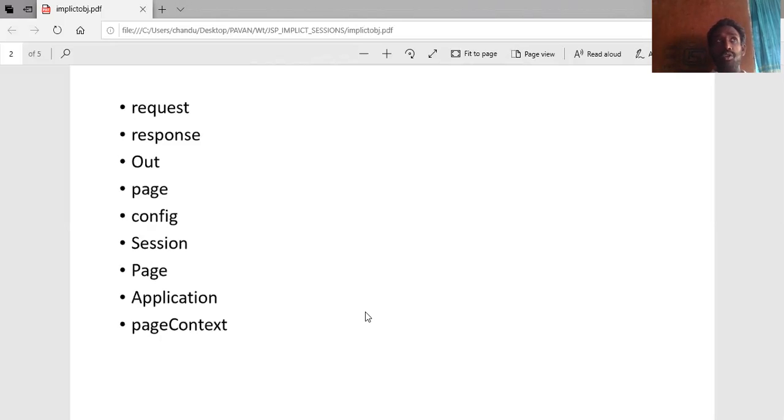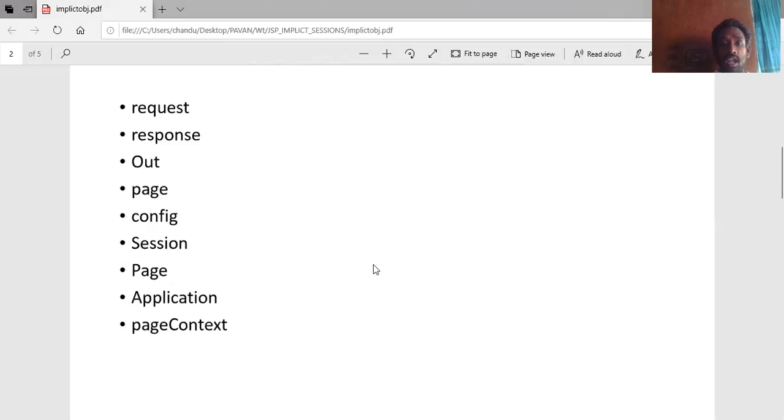Application object is used to access the initialization parameters and to maintain them across the web pages. When I'm storing the initialization parameters and need to share the info across the entire web page, we need to use the application object. Page context object is used to get the attributes from the page.